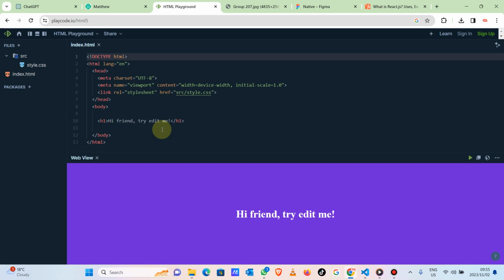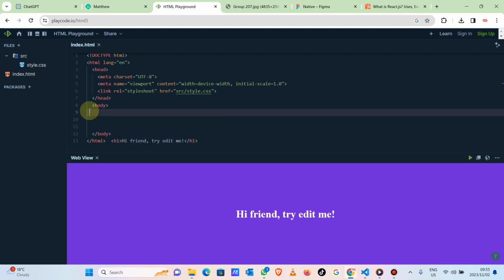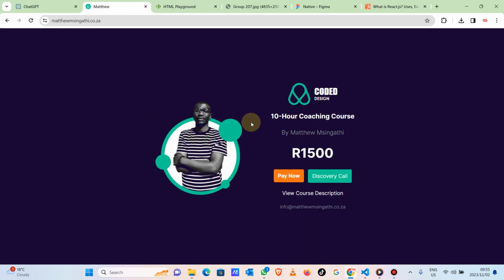So HTML is a markup language, and it has these not necessarily loopholes, but this markup way of doing things where you can take any tag and put it wherever and HTML will still work. It's very important to understand that. Even though you can put anything anywhere and HTML still works, there is a proper way of writing HTML. That's where these frameworks like Next.js come in, and they've got a certain way of doing things.